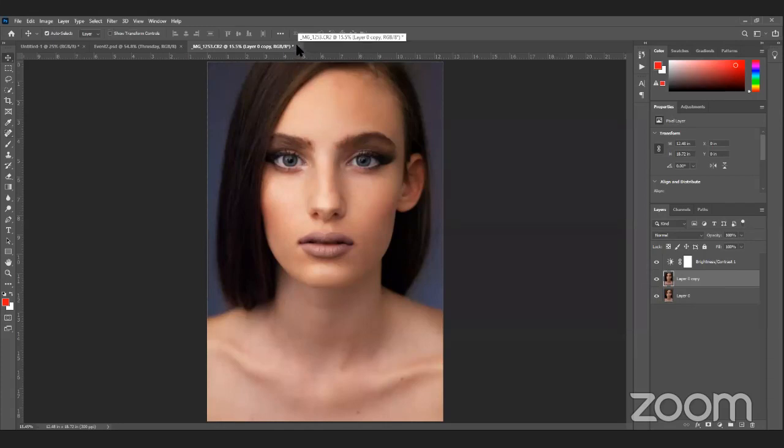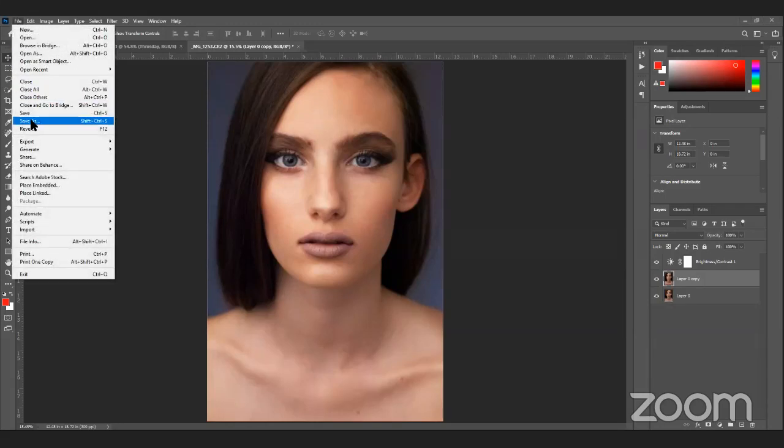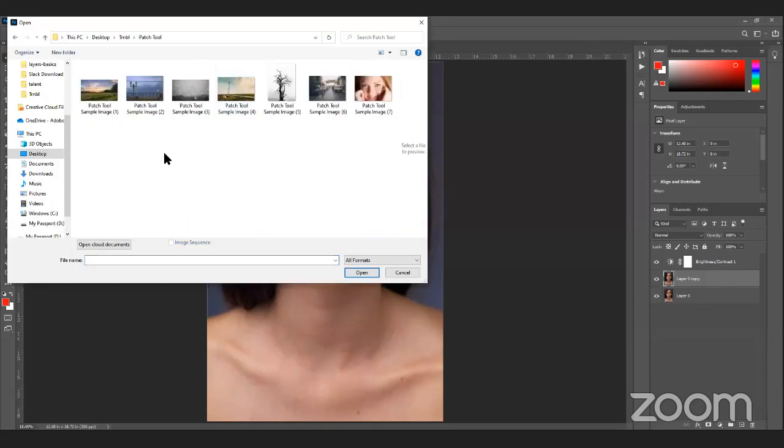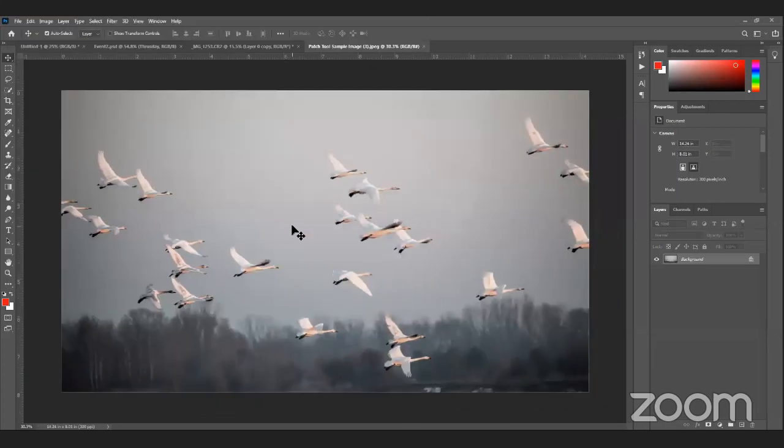For the patch tool, I have one more example. Let me open a file. I have created multiple files, so many that sometimes I lose them within my system.